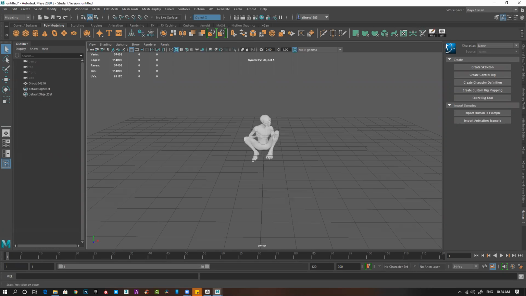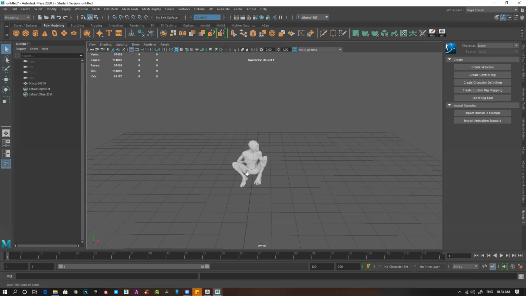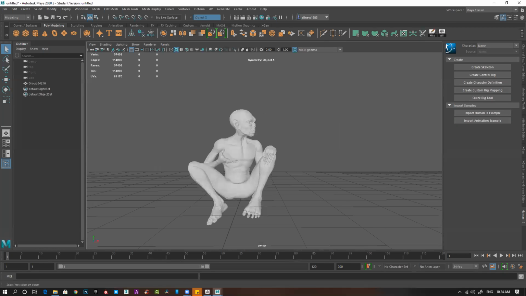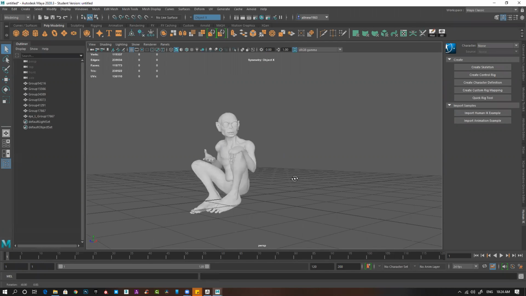So no need to modify. Please do not modify anything. Then length. Then we have eye, left, right, feet, ground, neck. Select everything and everything is